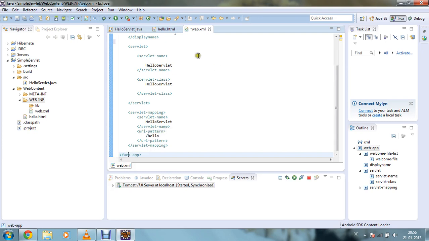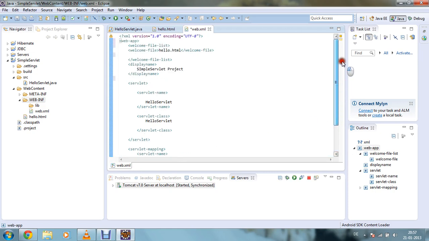That means in order to create the mapping, first my HelloServlet will be loaded in my localhost, and then the slash hello will be called. Then comes the closing syntax of url-pattern and servlet-mapping, and also the web-app of your XML file.